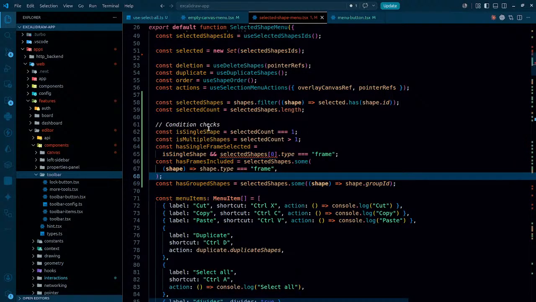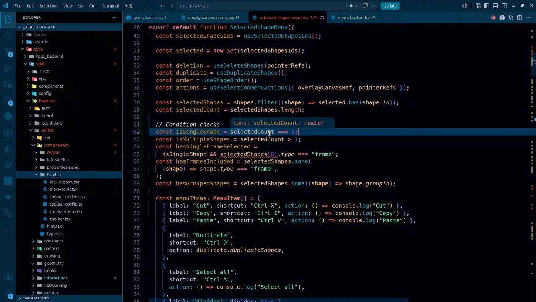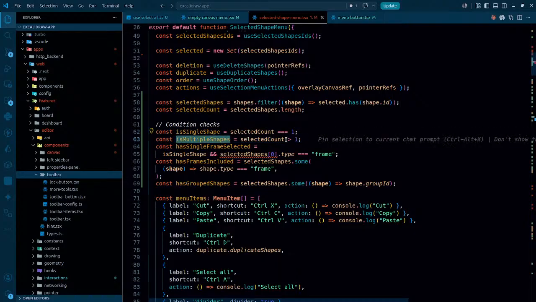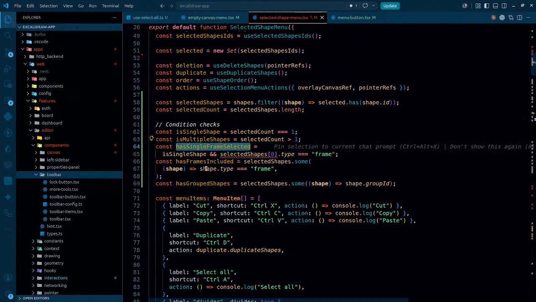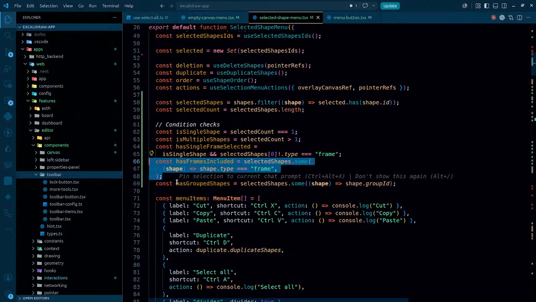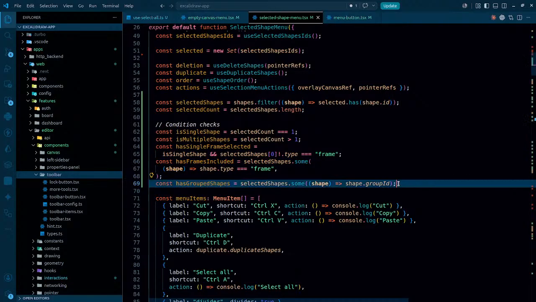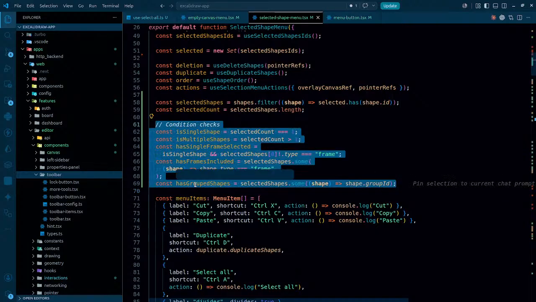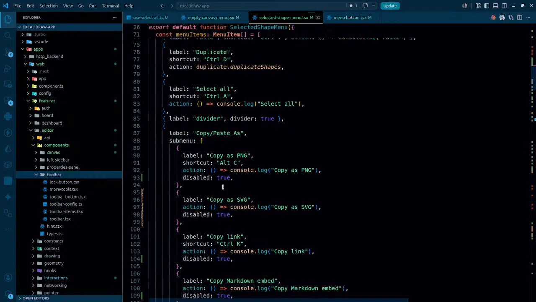Conditions check: is a single shape selected, selected shape dot count. Okay, that's fine. Is multiple shapes, if that is greater than one. Has single frame selected, and selected shape, what is the problem? This is possibly undefined. Type is equal to frame. So has single frame selected is like this. Has frames included, like this. Has grouped shapes, like this. So these are the conditions checked. On the basis of that,